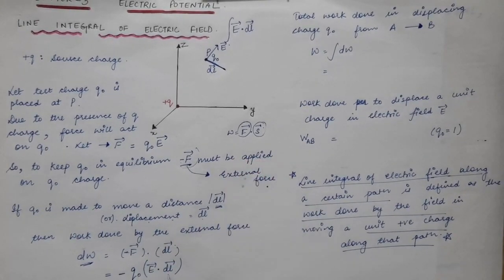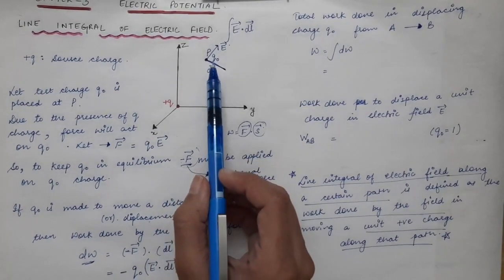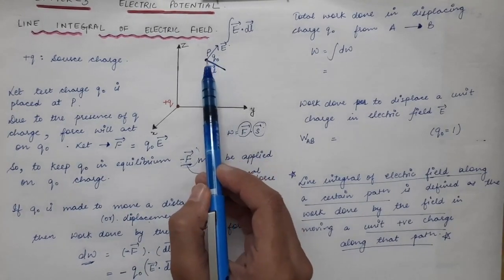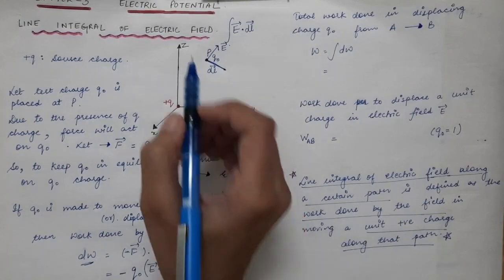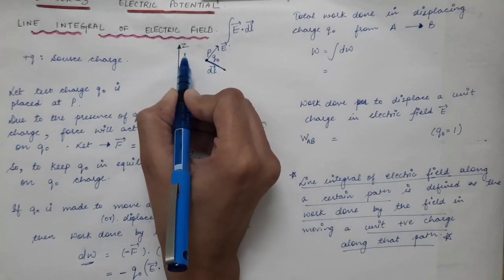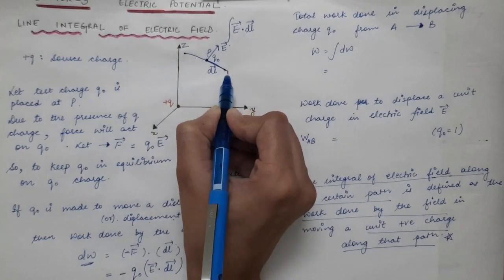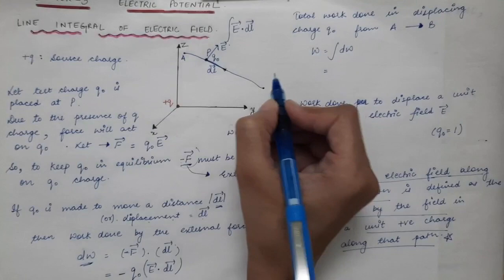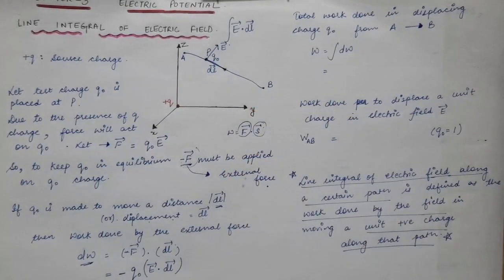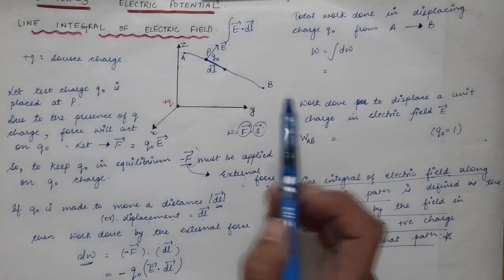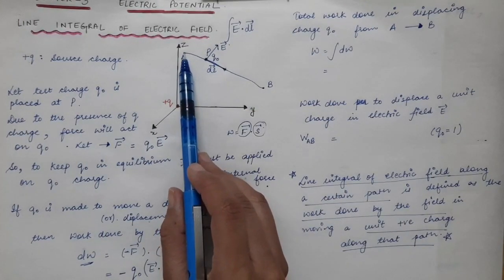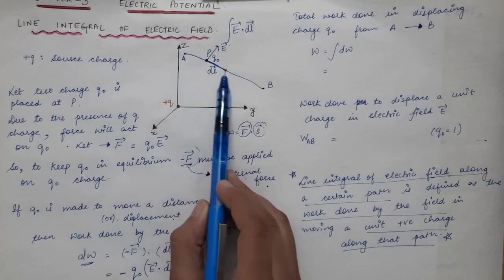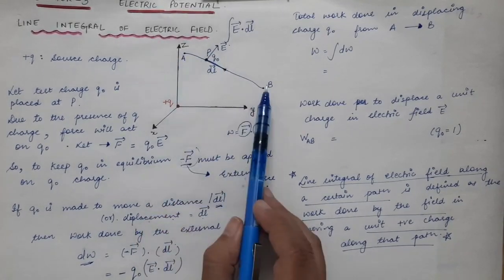Now we are interested in finding the total work done. This is just the small work done to move this test charge by a small displacement. But let's say the point P is actually moved along a path, let's say this path. The initial starting point is A, and the final point is capital B. So we are interested in finding the total work done by the force when the charge q0 is made to move along a path from A to B.